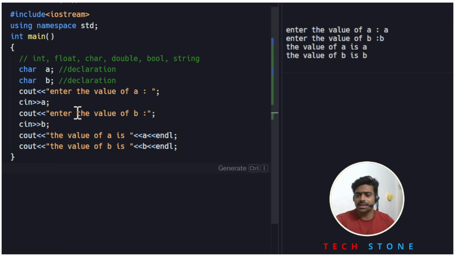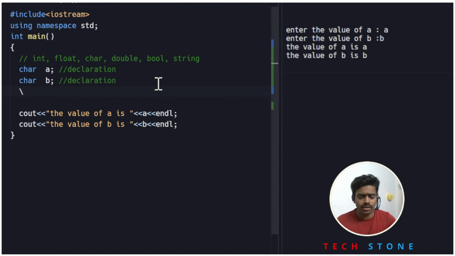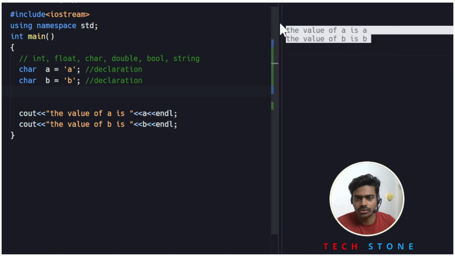Now another data type, that is string. String is used to store words, a collection of characters. It can be one word and it can be multiple. Now we will discuss them one by one. First we will discuss more about the character. If we are not making it dynamic, and we want to store a value at the time when we are declaring a variable, the syntax is to put the value in single quotes. This is our final output.